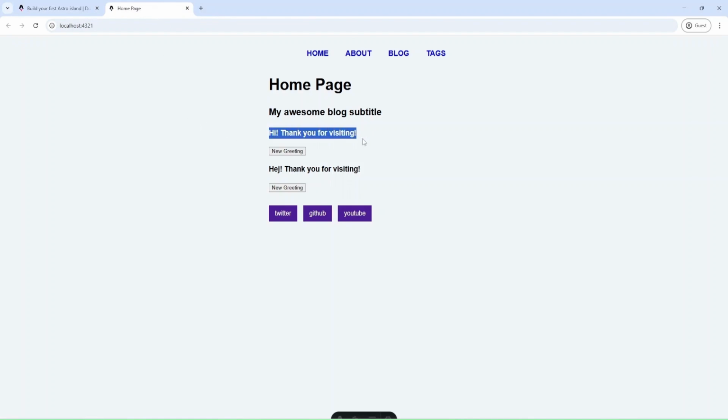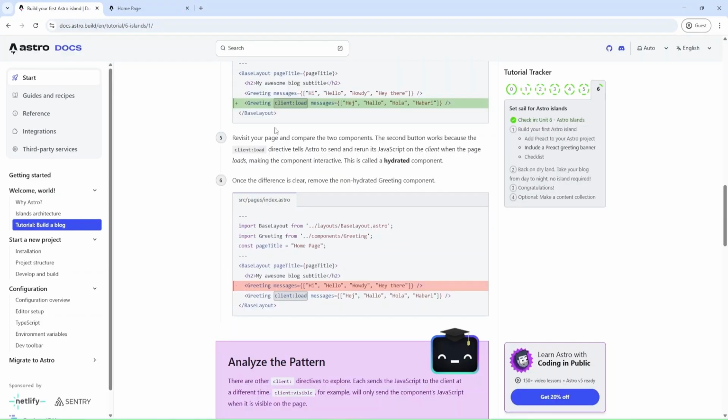Okay, and as you can see, we have one component and we have the second component, and the button doesn't work for first component, but let's try for second. And as you can see, the greeting was changed, and again, and button works. We revisited our page and checked client load, and this is called a hydrated component.